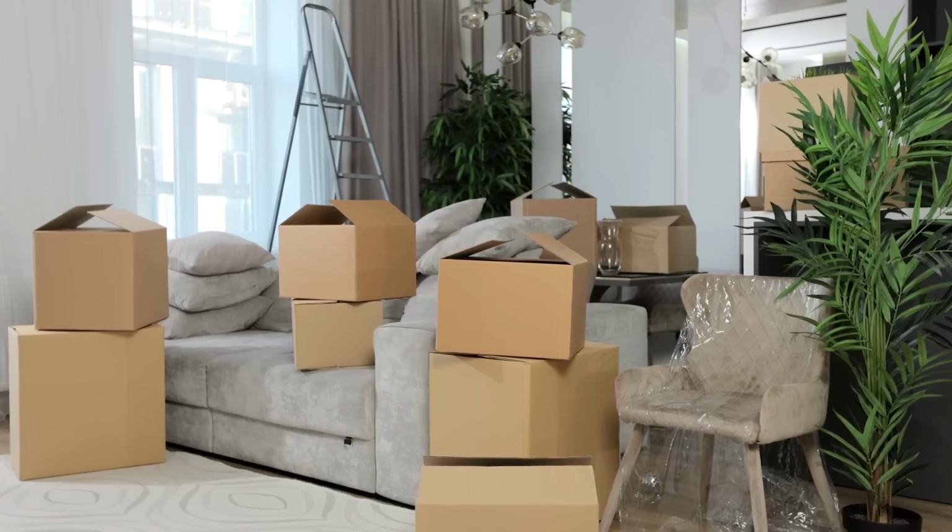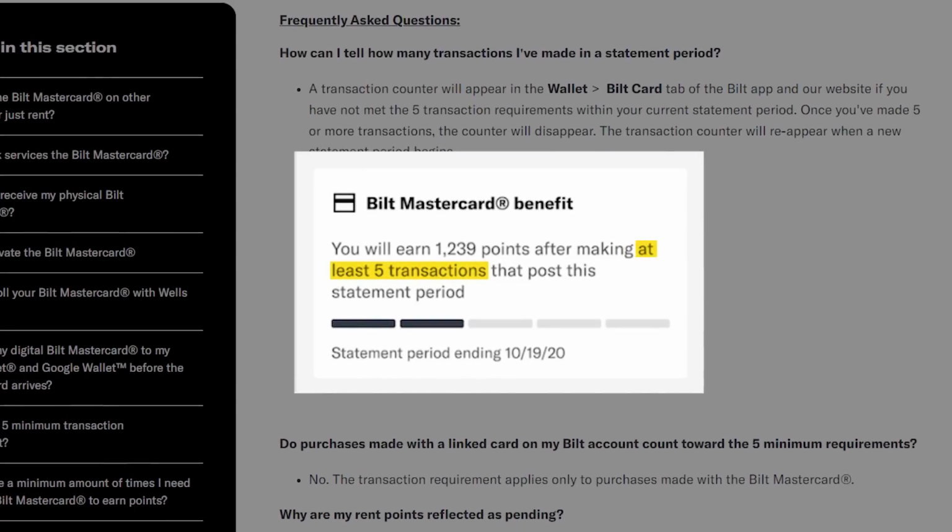While I do still think that this card is one that every renter should have, I don't think it's as necessary as people make it out to be, and that's basically what I covered in that full video on this card. But at the end of the day, that rule that they have with the 5 transaction limit has made me use this card a lot more than my other credit cards